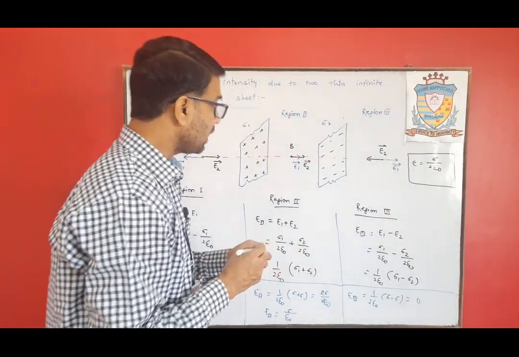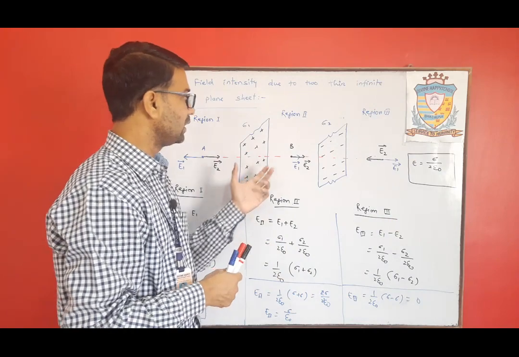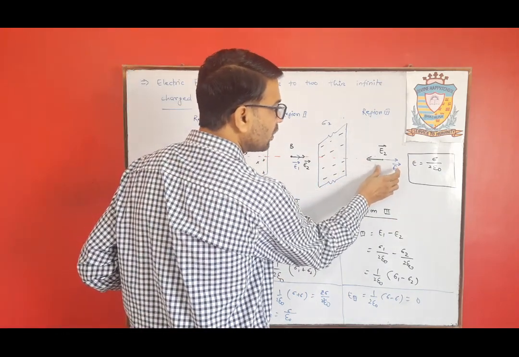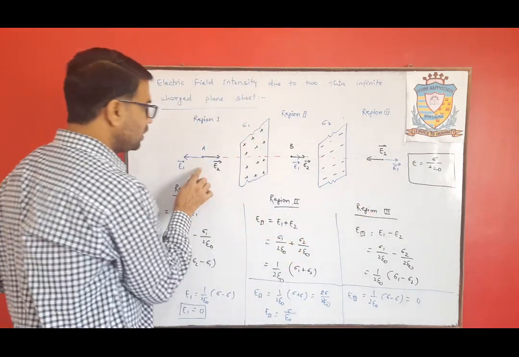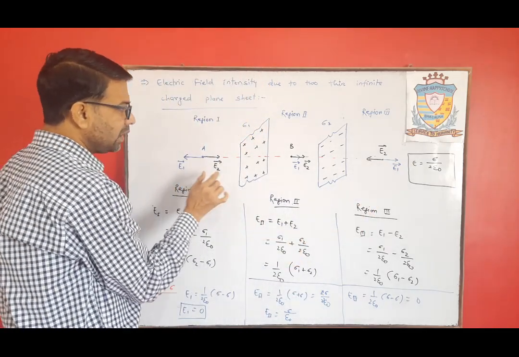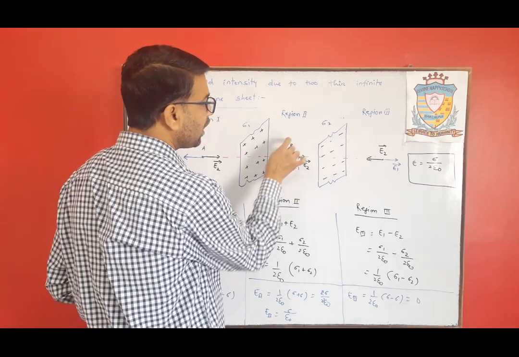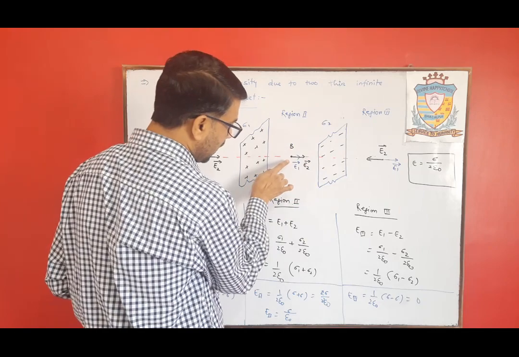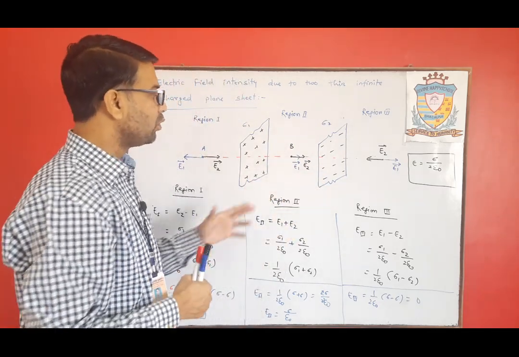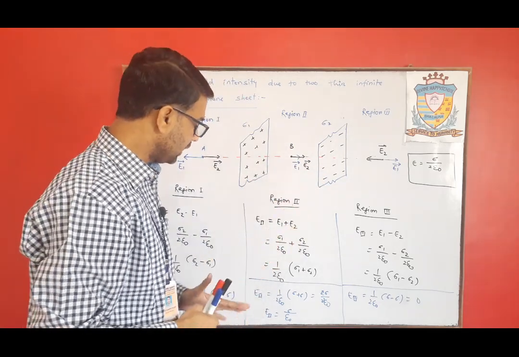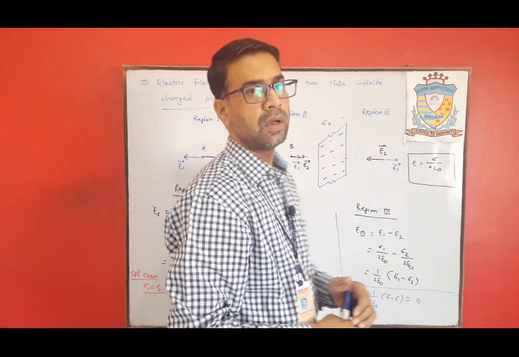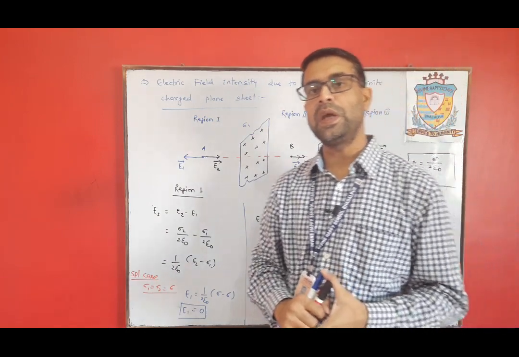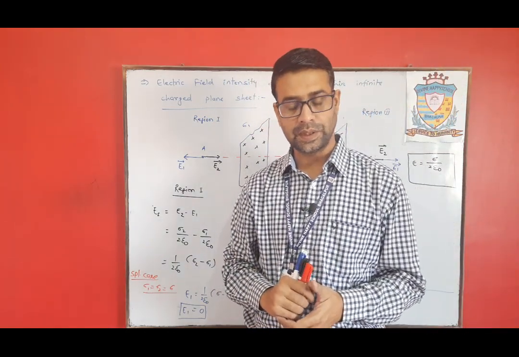So here you can see, if these two plates have equal surface charge density, then these two electric fields will cancel out each other. Only in between the plates, at point B, will we have the electric field intensity, because at this point both electric fields are moving in the same direction. Clear? So that's it for today. Hope you understood it. In the next class we will discuss some numericals based on this electric field intensity. Thank you.